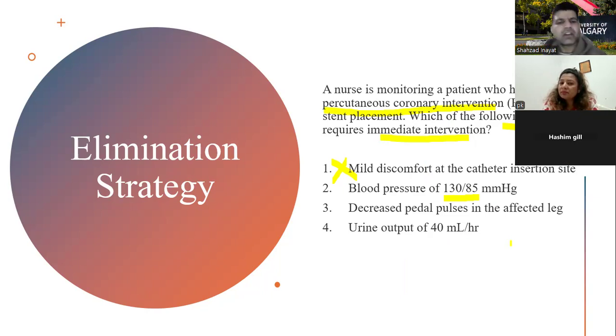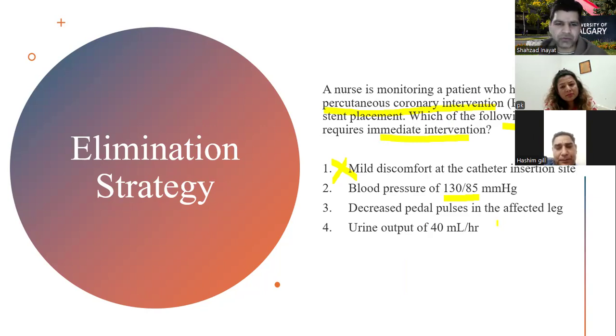So do you think we need to prioritize this answer over the other things? Sir, not that much right now. No, we don't need to prioritize this over others. As you said, the right answer is decreased pedal pulses. This is an alarming sign, right? If you feel that the pedal pulse is not there,